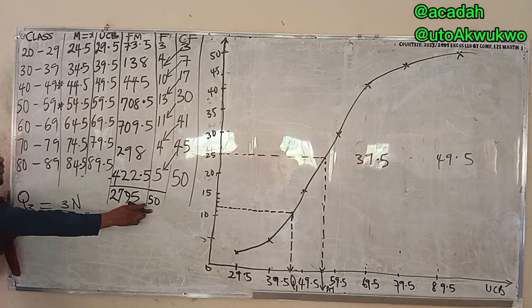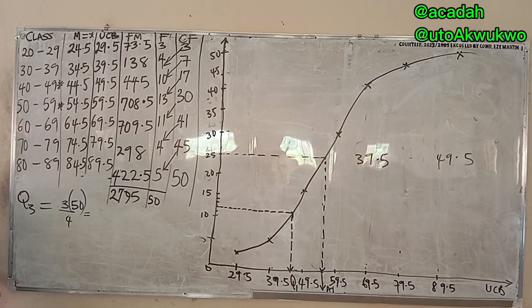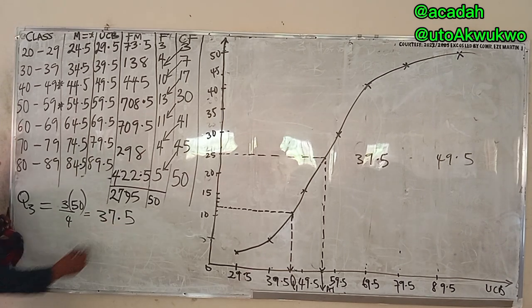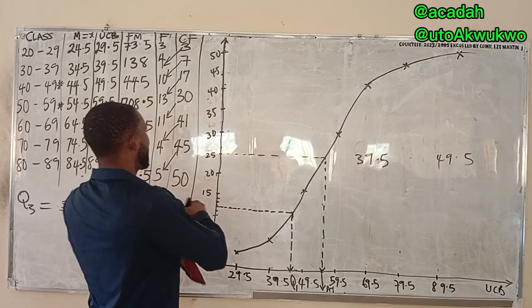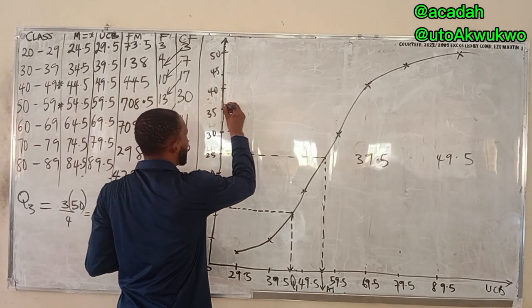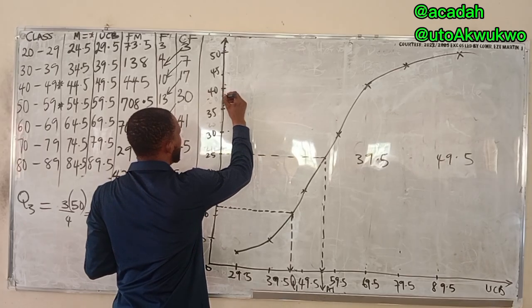Then any total of frequency. So 50. Punch for me, what do you have? 3 over 4 times 50, what do you have? 37.5. That's what you got. Now see. If this is 35, let's do the same analysis we did earlier. Let's say I break this thing down 1, 36, 37, 38, 39.